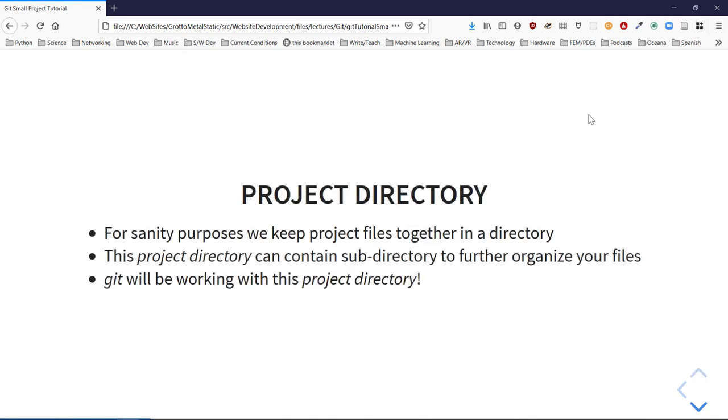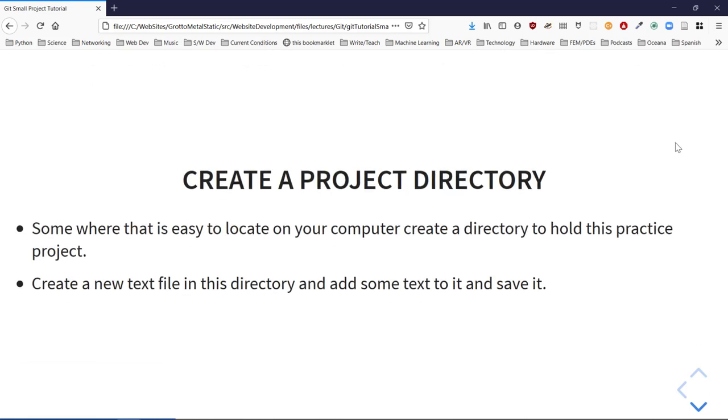So the first thing we're going to need is a project directory. Whenever you do a project, especially web-related, software-related, you usually have multiple files in a project. And so we keep those organized in a directory. We're going to start with a project directory, and that's how we're going to work with Git. So the first thing we're going to do here is, somewhere on your system that's easy to locate, create a directory to hold your practice project,